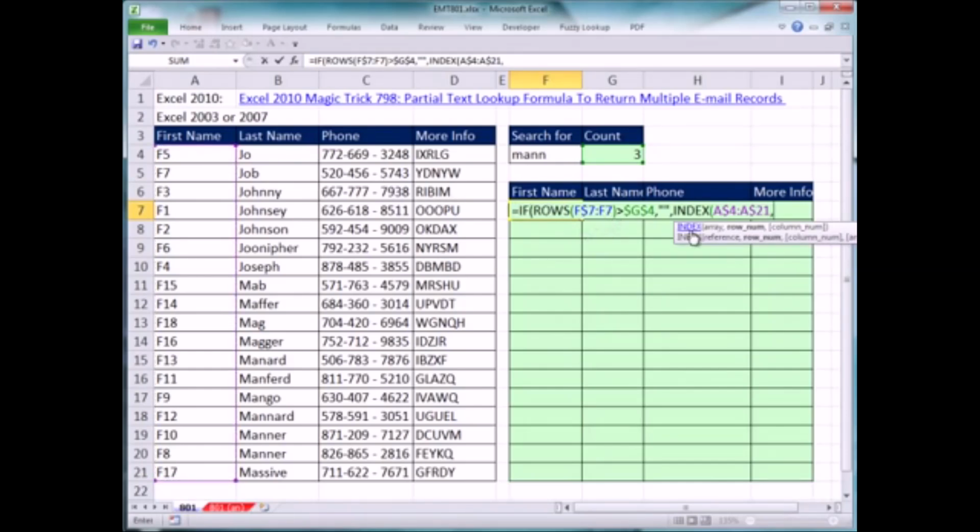Comma, now row number. We're going to have to not use aggregate like we did in 798. Aggregate just allowed us to use the small function, and we didn't have to use Control-Shift-Enter. Here, we're going to have to explicitly use the small function. Now, the array, what do we want in this argument right here? A row number. Well, we need to get a bunch of row numbers from whatever trues we get in this column here. So the row number